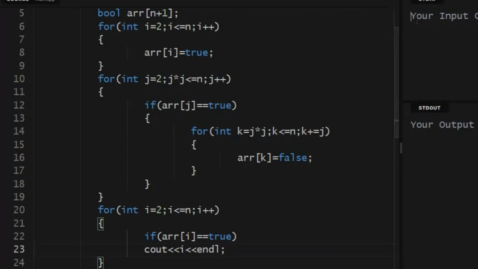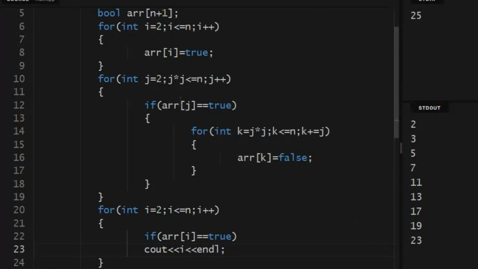For that we take the user input, which is 10, and run the code. Here we can see the number is 10, so the prime numbers less than 10 are 2, 3, 5, 7. Now we take another number, let's take 25. Let's print all the prime numbers less than 25: 2, 3, 5, 7, 11, 13, 17, 19, 23. So that is the code.